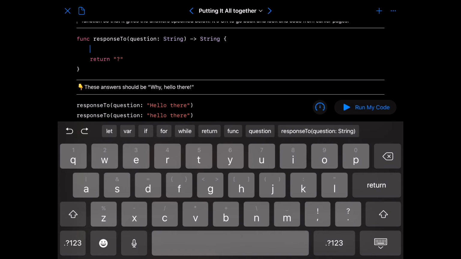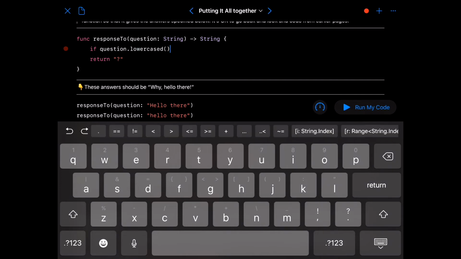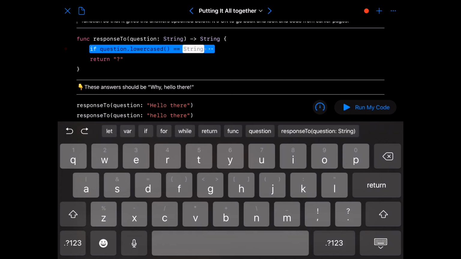So, first one is we're going to use our if statement. So if question, all right? And we need to make sure it takes whatever it says, capital H, lowercase h, it takes the question. So if question dot lowercase, all right, so got to remember how this works, equals, and then we are going,